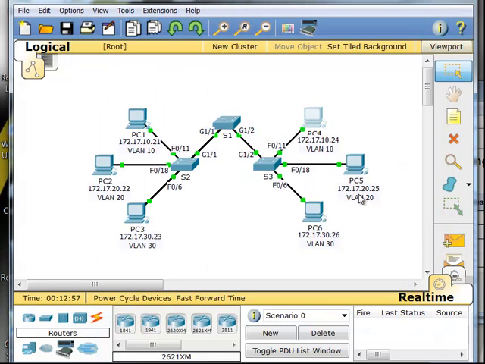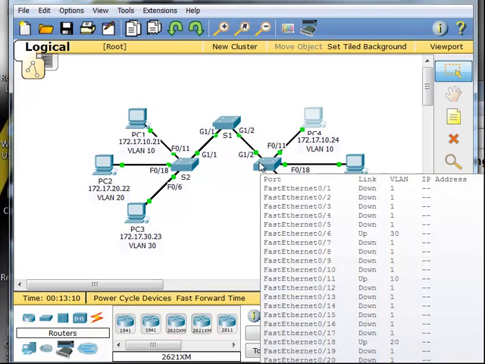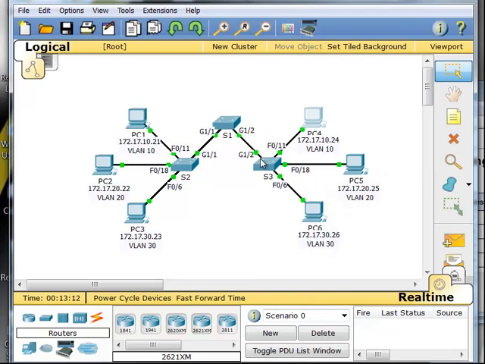What I should be able to do though is ping from PC4, which is in VLAN 10, over to PC1, which is in VLAN 10, as long as I set up these links here as trunk links. If you remember, trunk links carry VLAN traffic from one switch to the next, and they will carry all VLAN traffic by default. So what I need to do is set up all of my gigabit ports here as trunk ports, and then